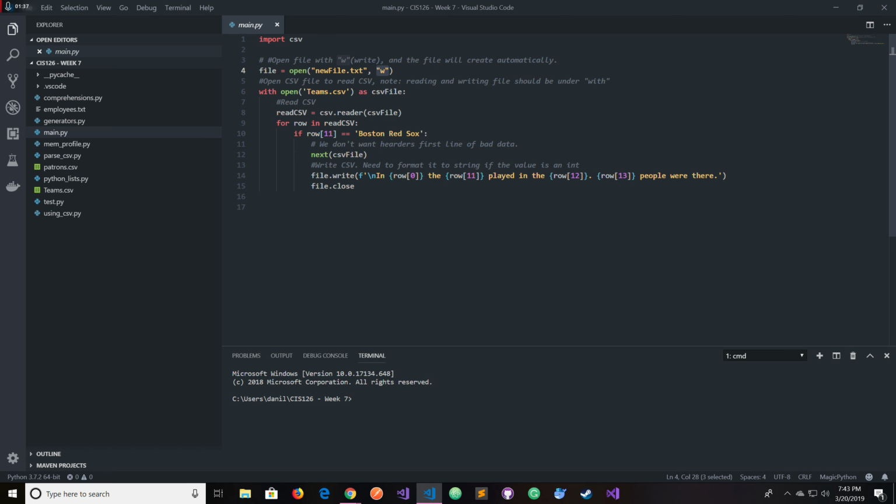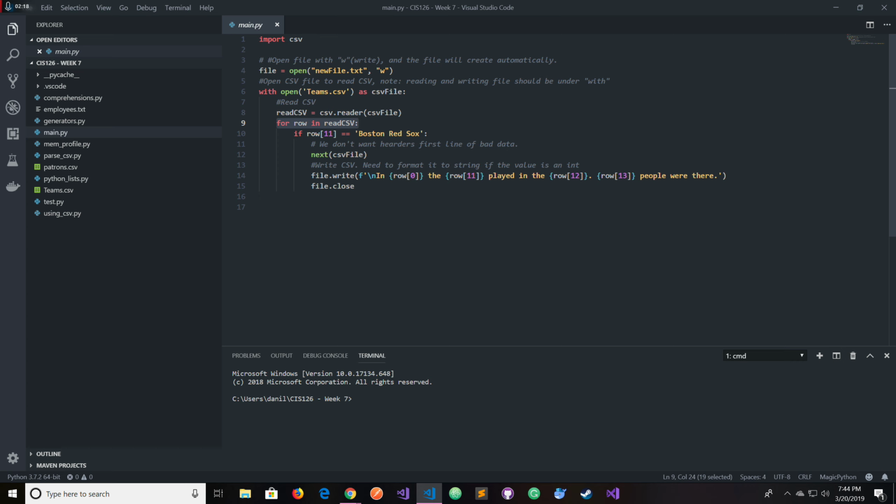And then we open the CSV file called teams.csv, the one that we just looked at, and we place all its data into this variable called csv_file. And this is where the import comes in handy. We place this file inside this method called csv.reader, which comes with the CSV module, and the reader parses through that, throws everything into this variable read_CSV,